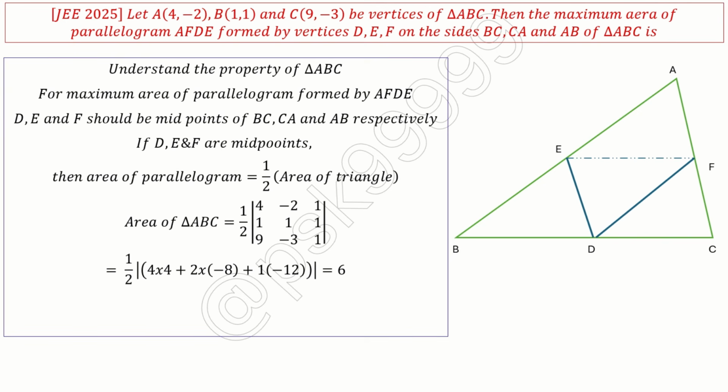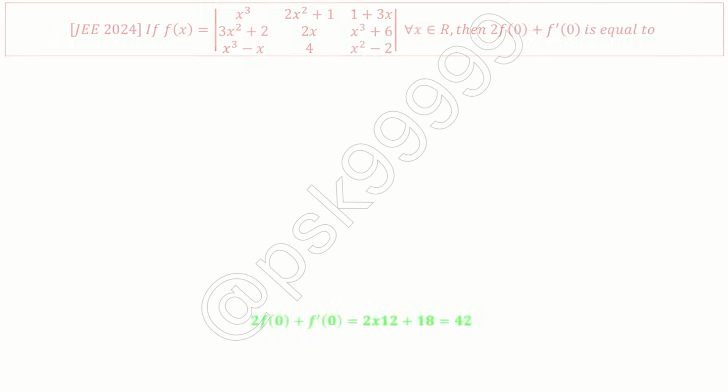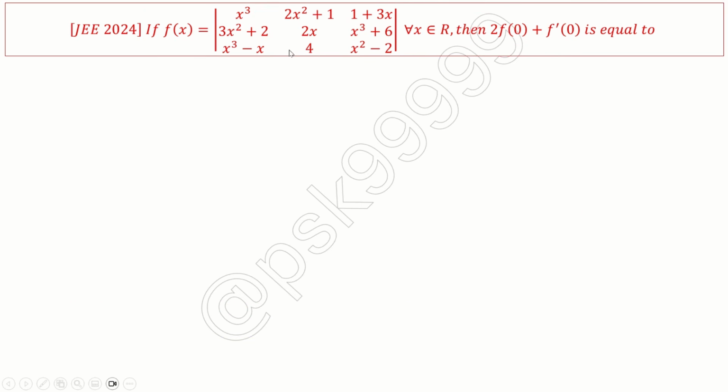So this is the area of the triangle, and the maximum area of the parallelogram AFDE is half of it, because I need half of the area of the triangle. So half of 6 is 3 square units. That's the answer. Okay, next: if f of x is a determinant of x cube, 2x square plus 1, 1 plus 3x;